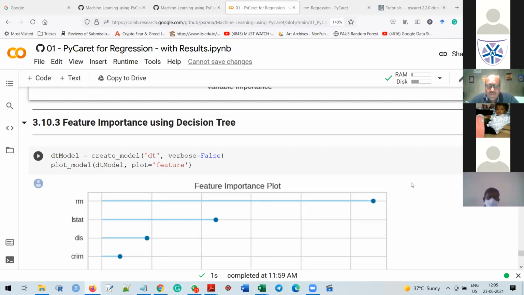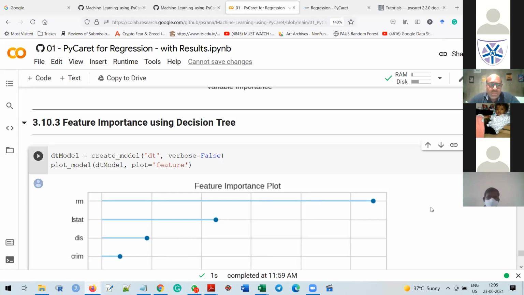Okay. So this is all about it. Sorry to interrupt you, sir. I want to ask, first of all, why are we not using sklearn? What is the importance of PyCaret over sklearn? This is one question I want to ask. The other question is how this feature importance is being calculated. Are we applying a filter method, wrapper method, or any embedded method over here? What is the logic behind calculating the feature importance here? So request you to answer, please.